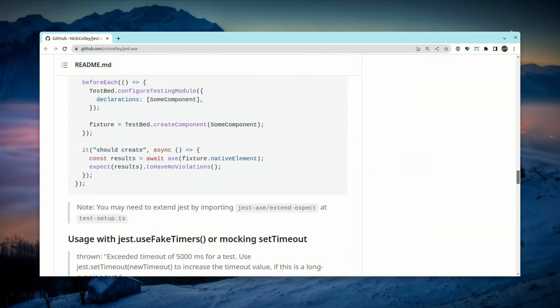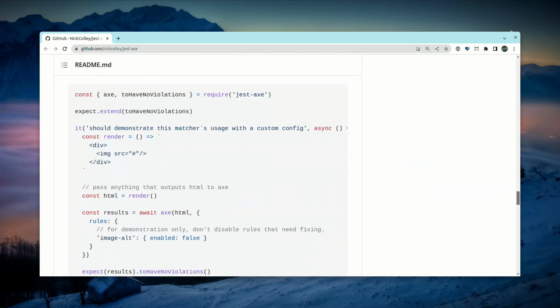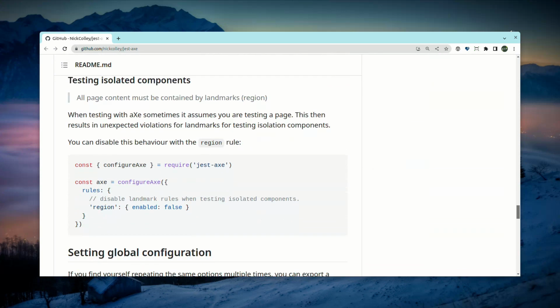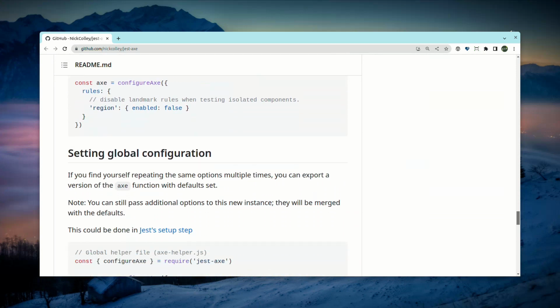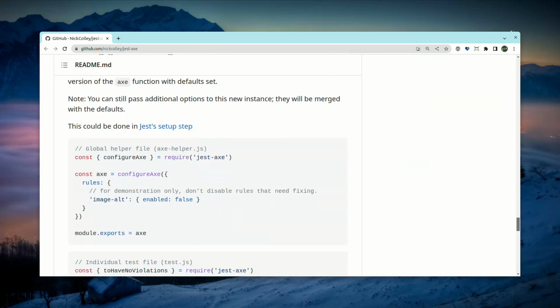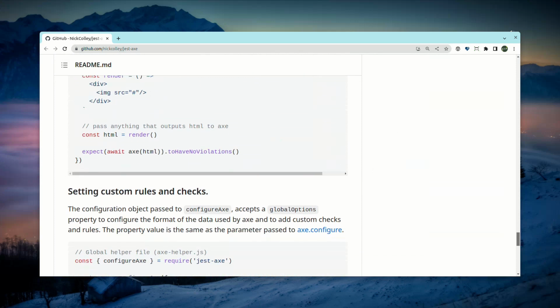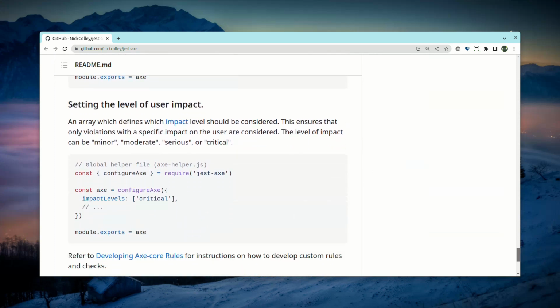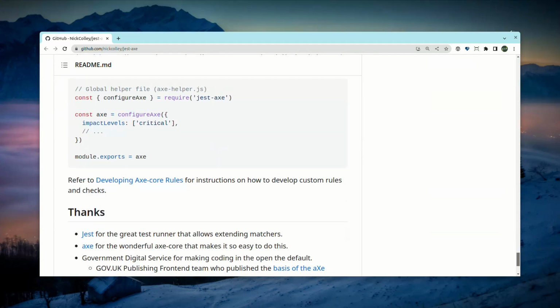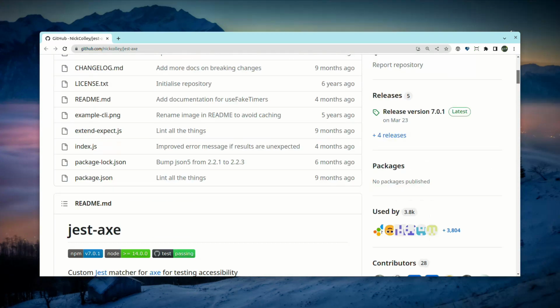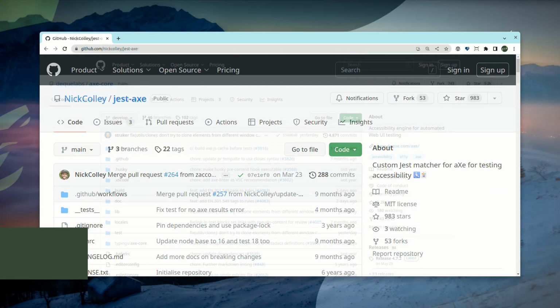If, for example, you are using React to create your components, make sure to check all possible content that your component can render by making additional tests with different props or by changing the state from within the component. Then if you're using something like Husky, your devs won't be able to push changes that cause violations. Well, unless they use no verify whilst committing, which a developer who doesn't care about accessibility might do at 4:30 on Friday afternoon. But this is covered too. Assuming your CI/CD pipeline runs your tests, which it should be doing, then the build will also fail before these changes can be pushed into another branch.